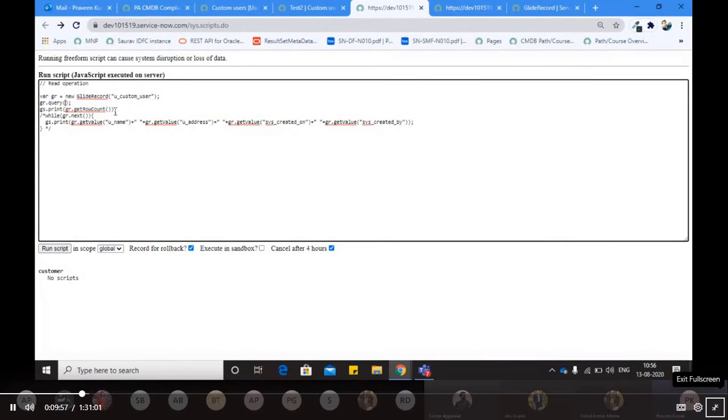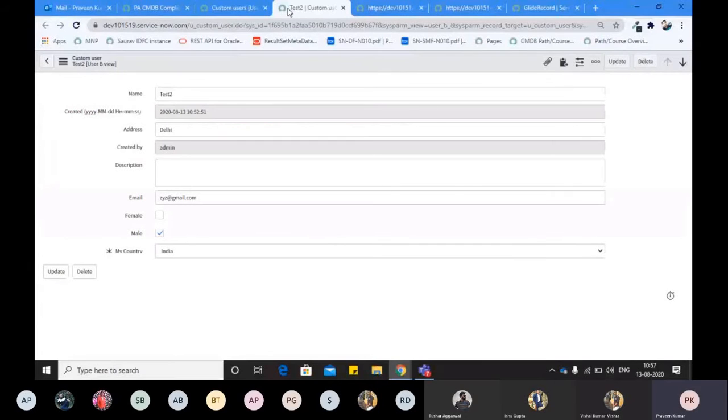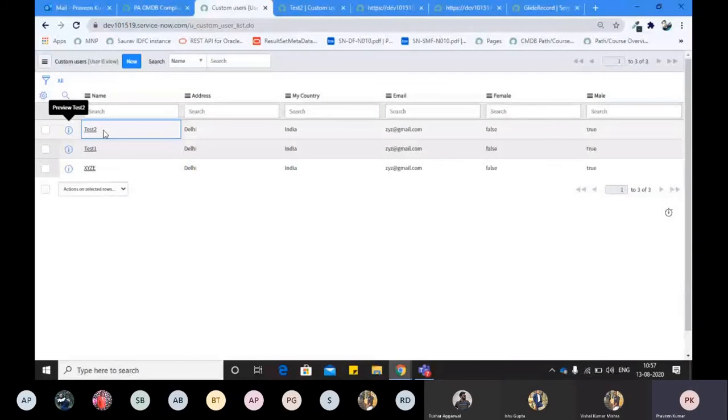Now we will see how we can put the filter. So there is a strategy for putting the filter. When you look at this function query, it basically takes 2 or 3 parameters. So first parameter, second parameter, a third parameter. Not always the second parameter. It may take minimum 2 and maximum 3 parameters. So first we will see it using only the 2 parameters. Basically I want to fetch the details of that particular record only, which has its name as test1, right?